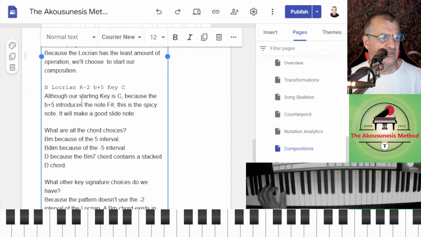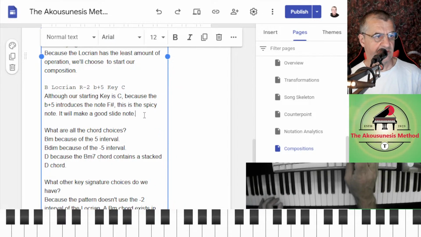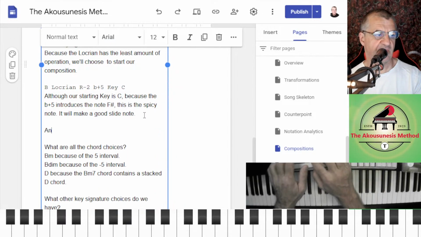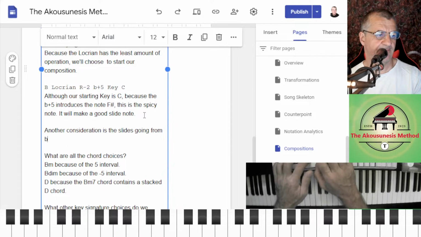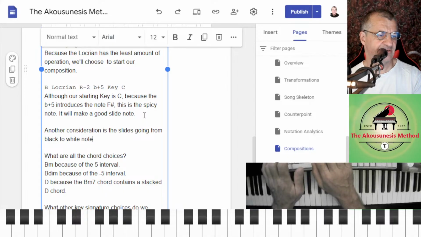All right, so I might put that... What are the chords? Although we're starting the key because the B chooses the F sharp spicy note. Another consideration is the slides going from black to white notes.